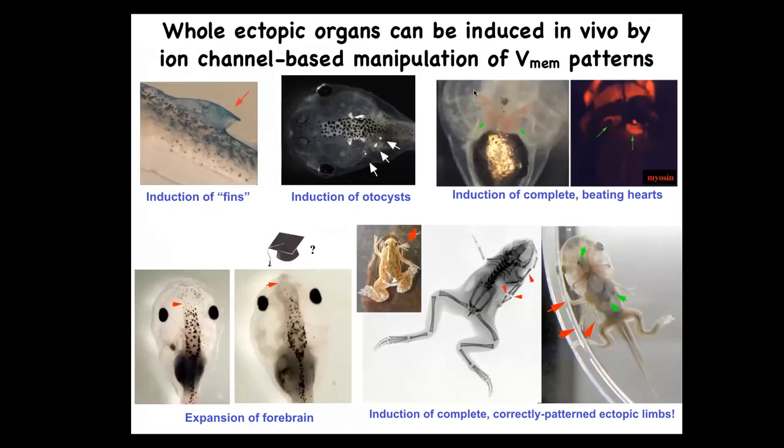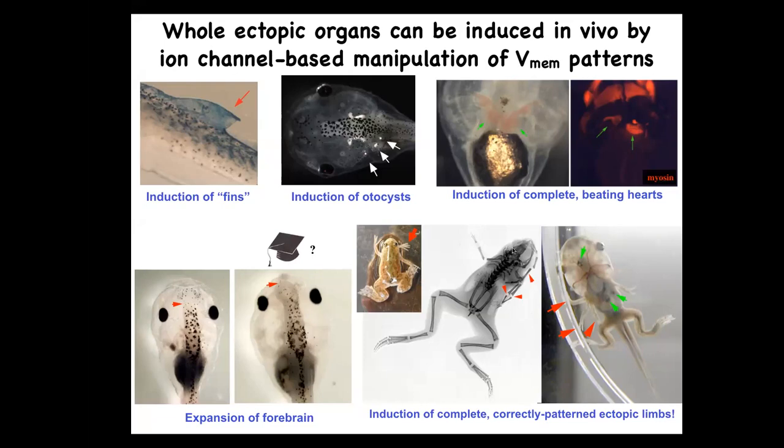So what we can do is, in these tadpoles, by manipulating bioelectrical patterns, and this is by injecting new channels, by using optogenetics and so on, you can induce the formation of ectopic hearts, ectopic otocysts, ectopic forebrains. So this is where the brain normally ends, and you can wonder if this guy is that much smarter than this one. You can make ectopic limbs. So here is our six-legged frog. This is actually an optogenetic frog. And so you can see that this isn't just some kind of random toxicity.